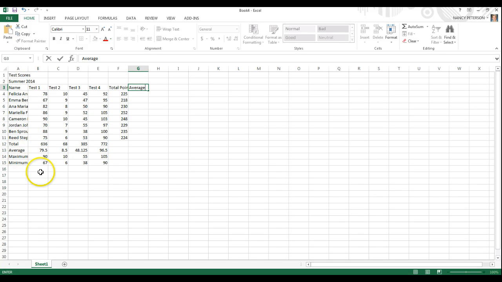So I've got the average points for each test, the average score for each test, but now what about each student? How would we do that? We want to find the average for Felicia. In order to do that, all I have to do is add up her scores in B4 through E4 and divide it by 4, and you'll have the average. Using the average command allows you,